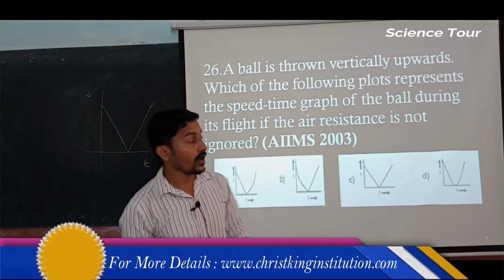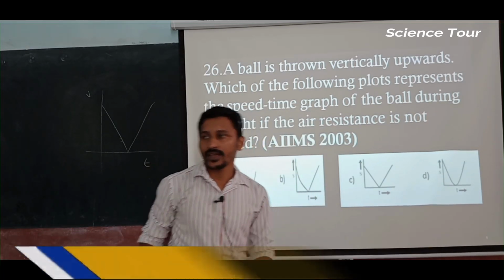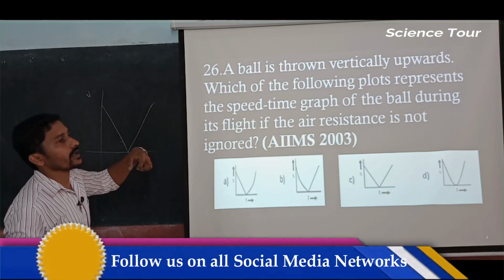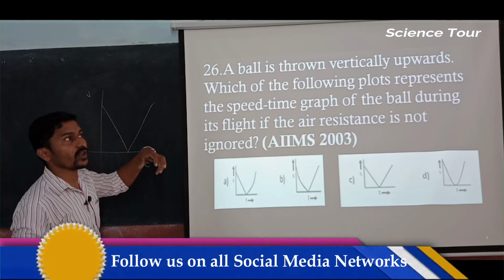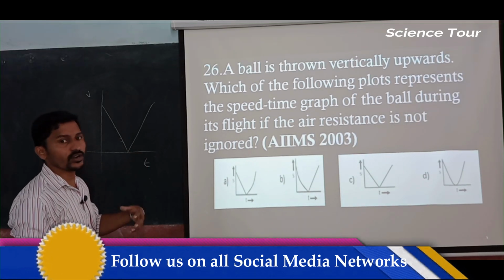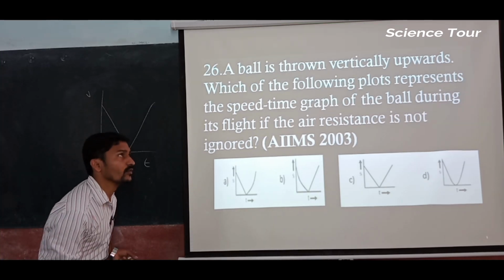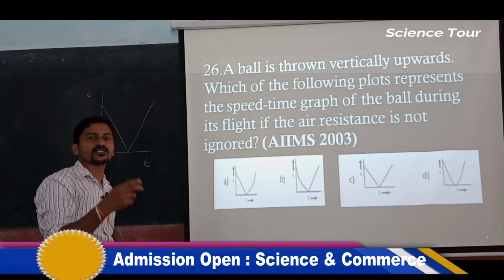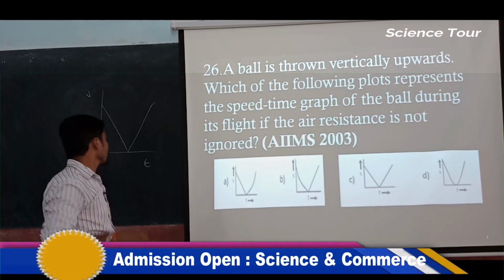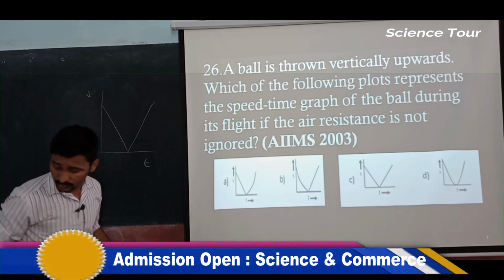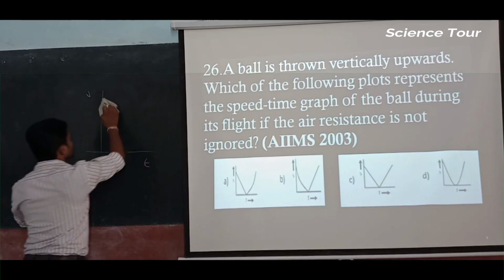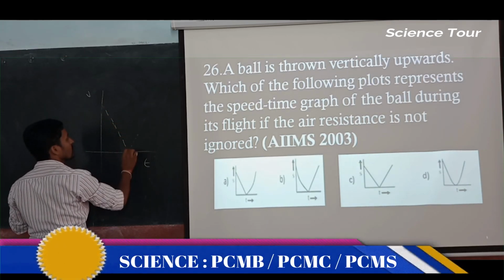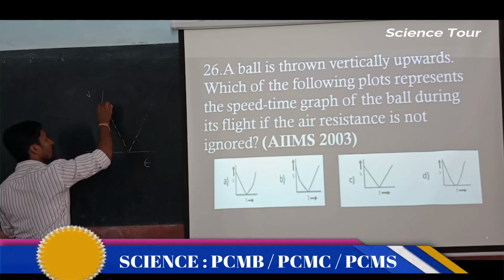Now they have told that air resistance is there, right? Air resistance is there means what? Though it is going upward, air resistance does not allow the velocity to stay large. You throw with a fast velocity, but that is not going to last because air resistance is not going to allow it. That velocity is going to reduce quickly. Actually it was this case without air resistance. Now what happens?